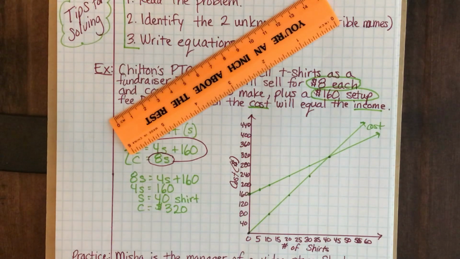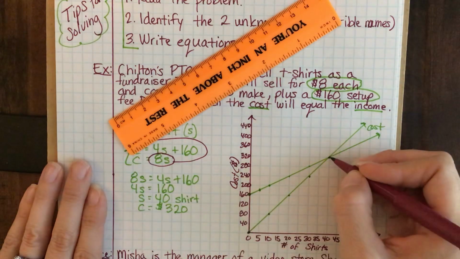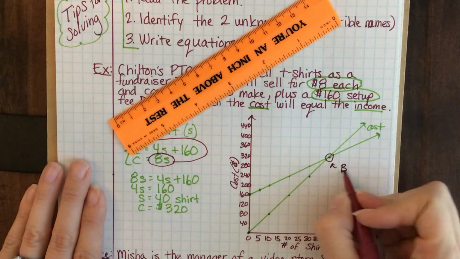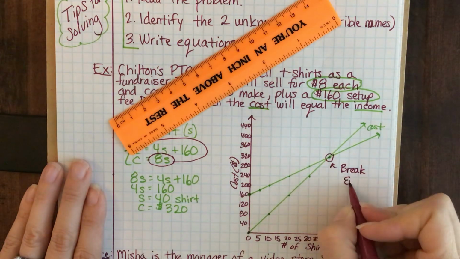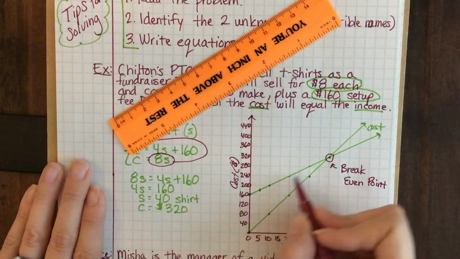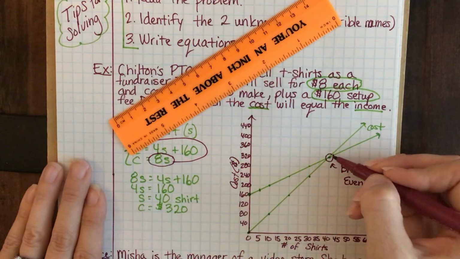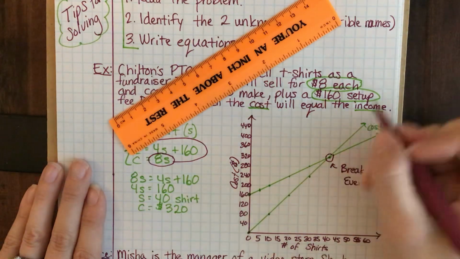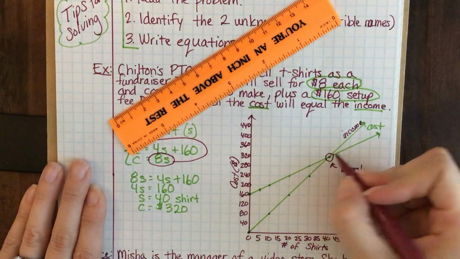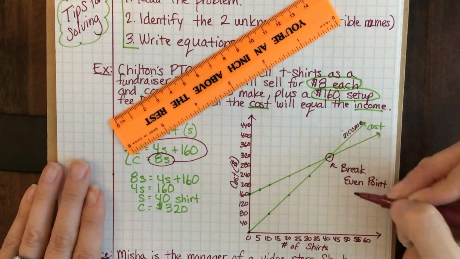Okay, so here's what happens. They don't make any money until they get right here to 40 shirts. This is the break-even point. This is where they go from being in debt to then making money, okay? Now, after this point though, you can see that this is the, sorry, I forgot to write it on here. This is the income. The more shirts they sell after this point, the better, because it continues to pull away from that cost line,